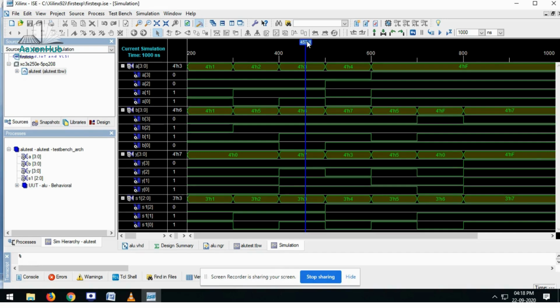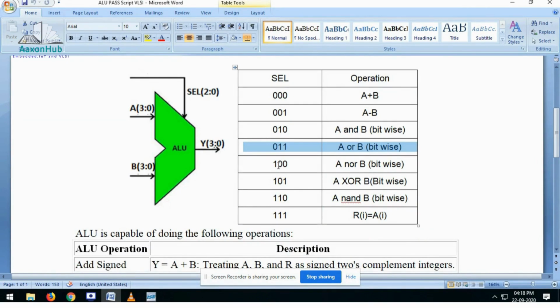So let's change a bit. Let's look at 101. 101 is XNOR.